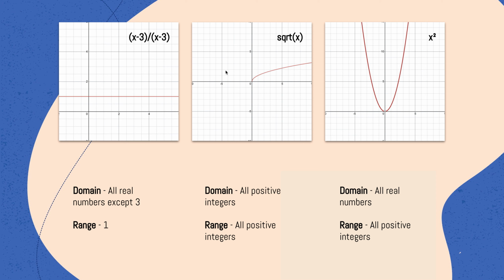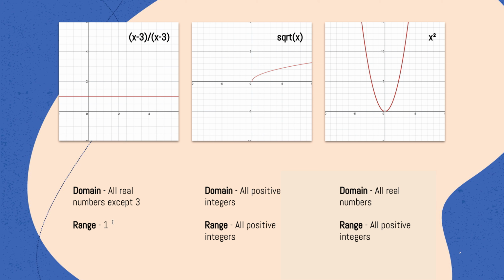For example, if I have, let's say, 10 as the input, then my output would be 10 minus 3, that's 7, divided by 10 minus 3, that's also 7. 7 upon 7, that's 1. So my output would be 1. Over here 10 works as a valid input, 0 would work as a valid input, but 3 won't work, because if you put 3 in the denominator, you would get 0, and if the denominator is 0, then the function becomes undefined. That is why the domain of this particular function is all the real numbers except 3.